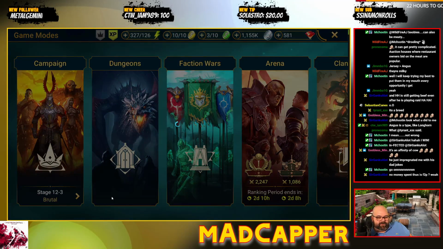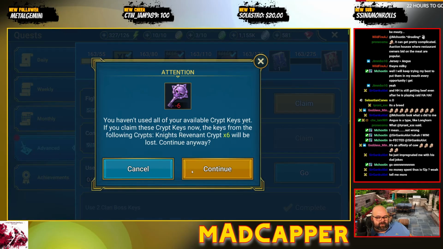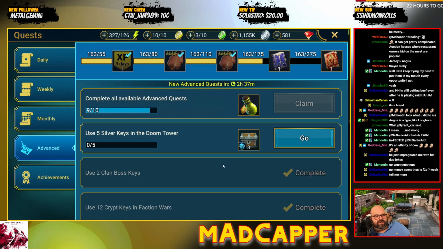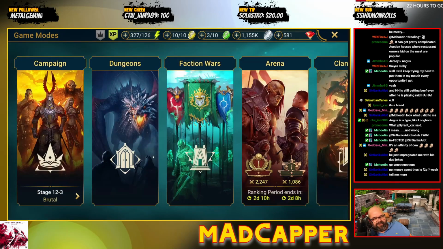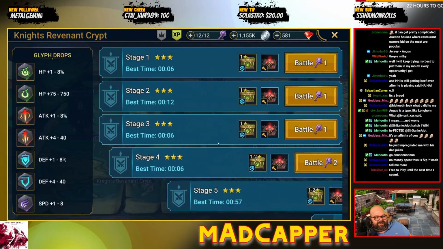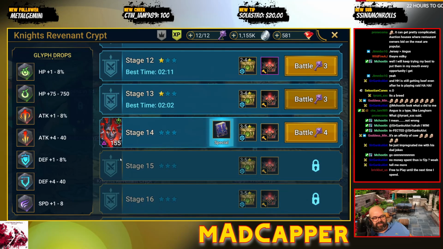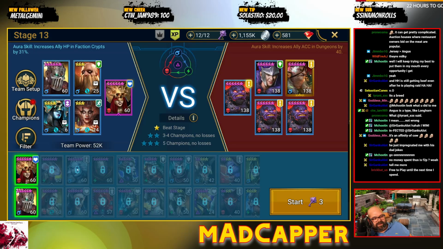Alright. Boom. Yes. Oh, no! No! I didn't mean to do that! Knights Rev. I'm good. I can do that faction. I'm so used to not being able to do factions. Oh, that's a big rip. That's a big rip. That's a fail boat. I literally have...